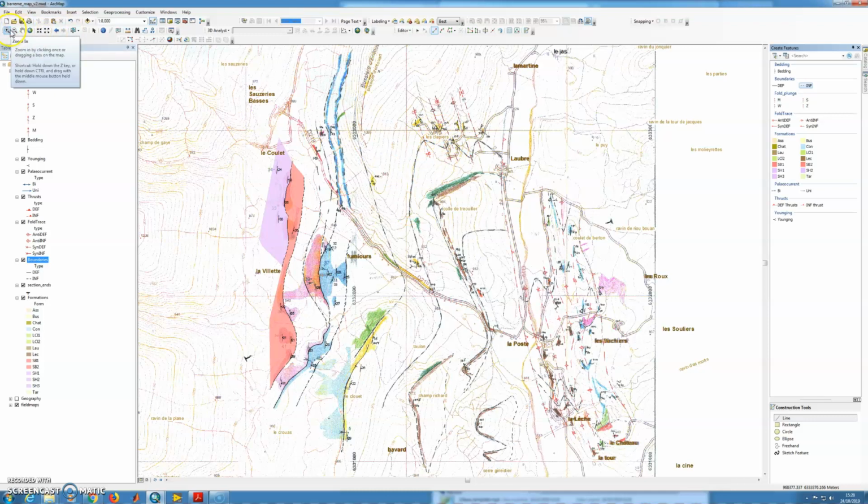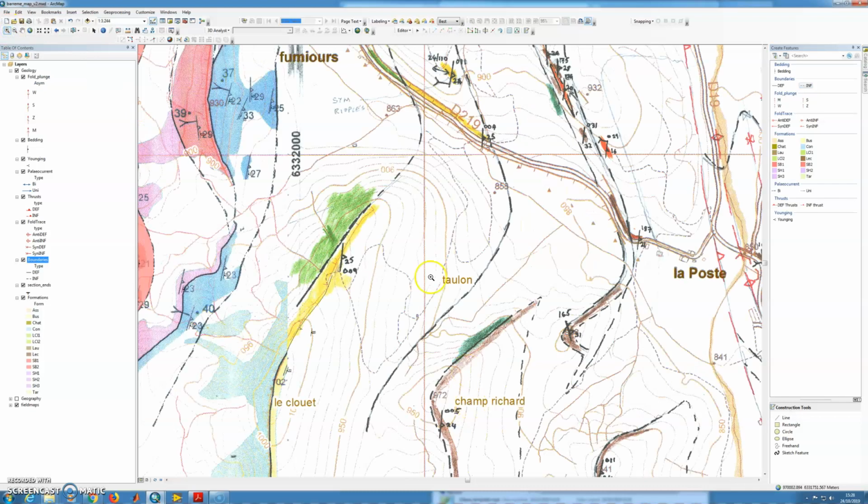So I probably want to zoom in a little bit first. So let's zoom into here. Okay, and then let's go back to my editor. I'm going to have to click this again and inferred boundary, and I want to do straight line segments. So I'm going to start just clicking along the boundary,